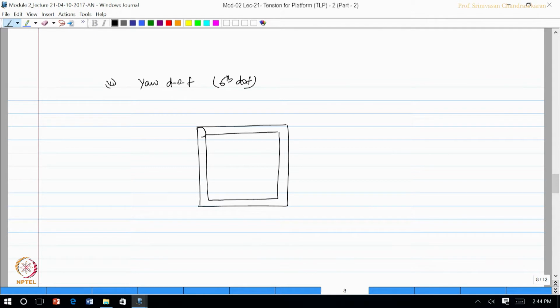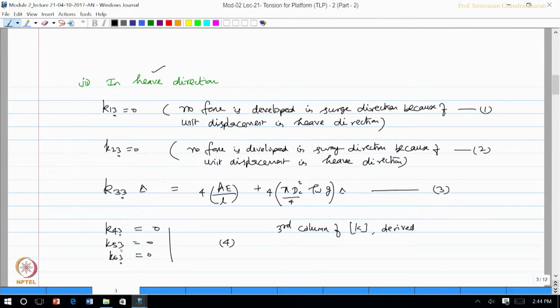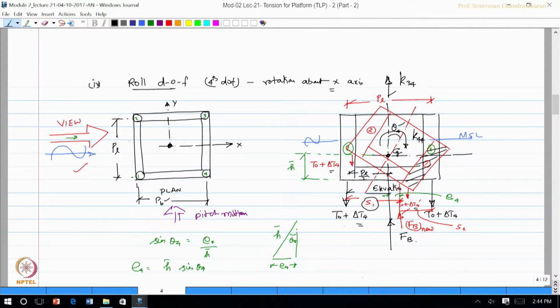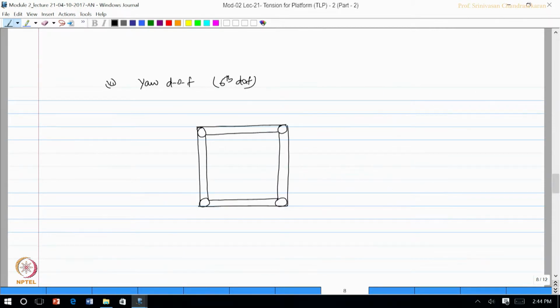So, there are column corners, the columns. These columns are numbered in the same manner as we have here: 1, 2, 3 and 4, same style. I am also going to mark the centroidal axis of this. Now, I am going to give rotation about